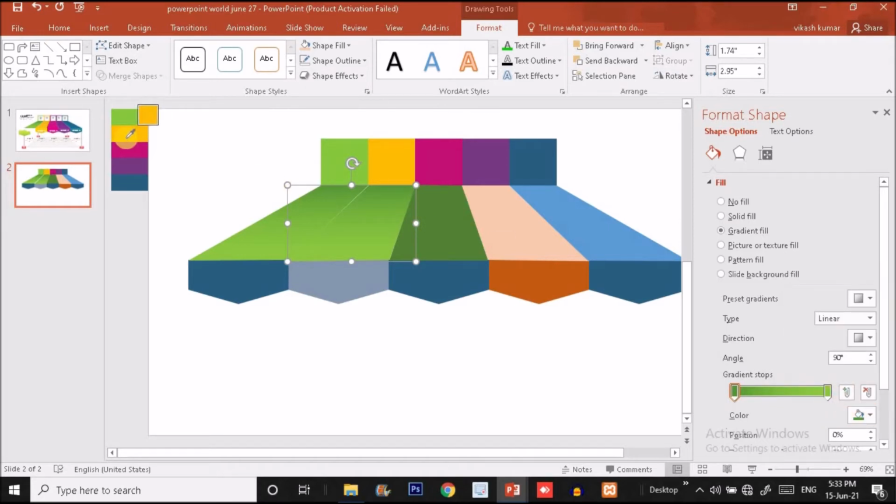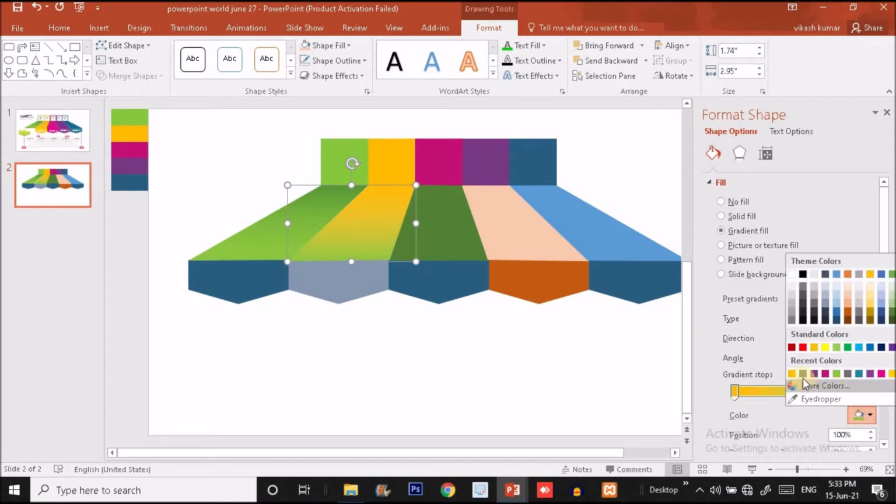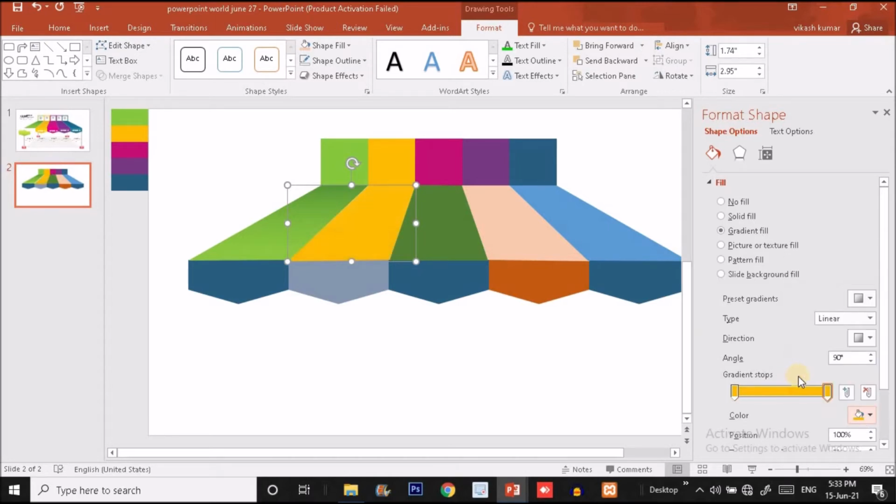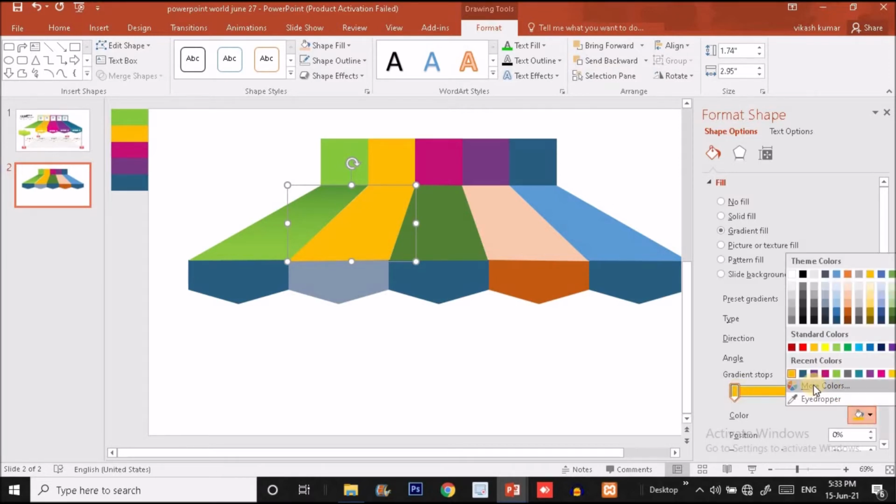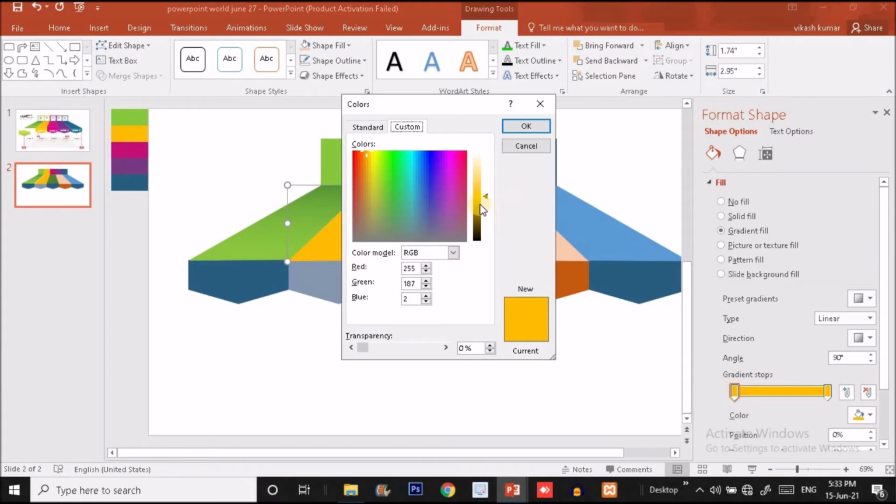Like for the left stop I'm going to choose this one. For the right stop again I will choose this one, but for the left stop I will use the darker version of this color. Like I'm going to choose this one, maybe this darker color.